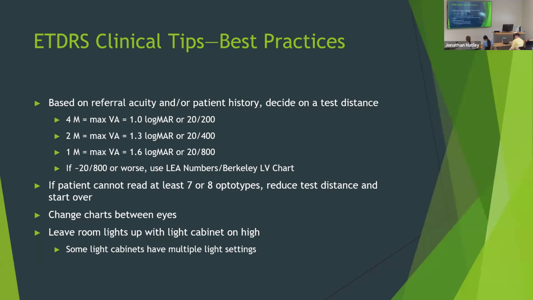So this is sort of a pro tip, or if you think about it at some point in the future, you have a patient that walks in the door and you can see what their base acuity is before they even get in, then you can set the chart at the appropriate distance without having to hunt or figure out or start at 3 meters and then move it to 1.5 and then move it to 1 or whatever. So this would just be like, oh, the patient came in and their acuity at their last appointment was 2400. So move the chart up, have the distance,